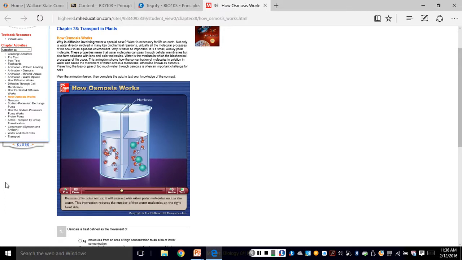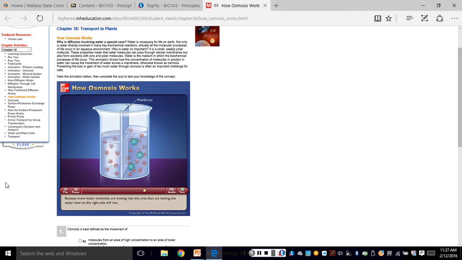Because of its polar nature, it will interact with other polar molecules such as the water. This interaction reduces the number of free water molecules on the right-hand side. With fewer free water molecules on the right-hand side, there is now a net movement of water molecules down their concentration gradient to the side with the urea molecules. Because more water molecules are moving into this area than are leaving, the water level on the right side will